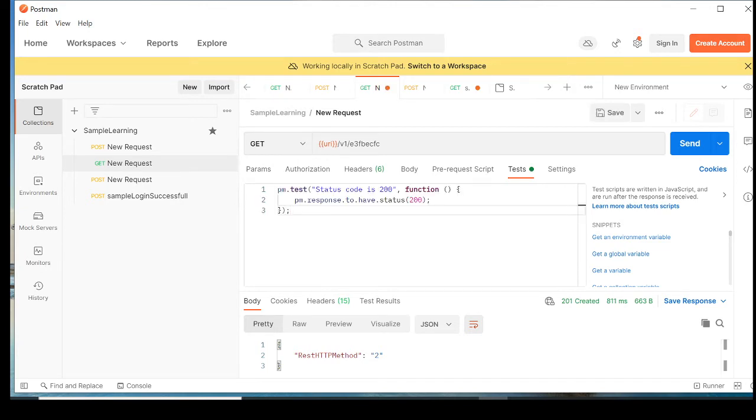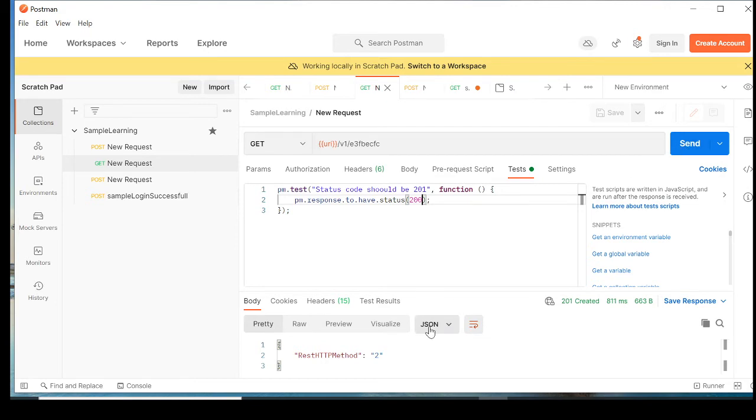Let's paste it over here. This is your message, like in the describe and it block in Cypress or Protractor. The describe block is the test scenario, and the it block is your test. So this particular message you can change according to yourself. Previously it was "status code should be 200". Here you can write "status code should be 201", because 201 is what we have been trying to expect, right?